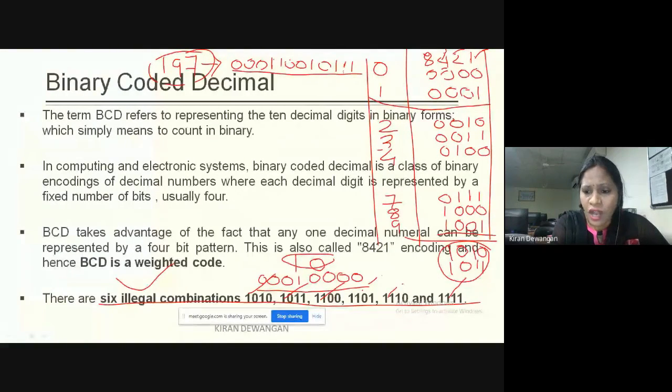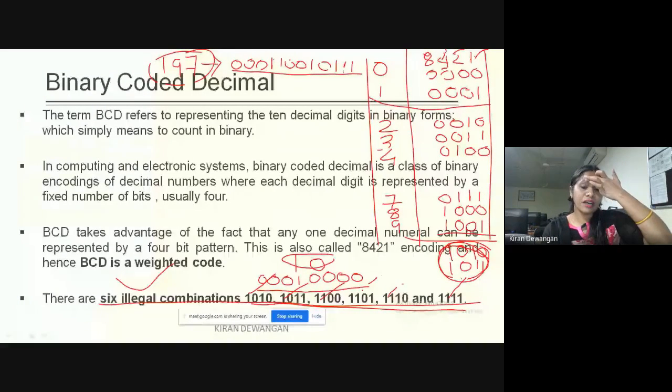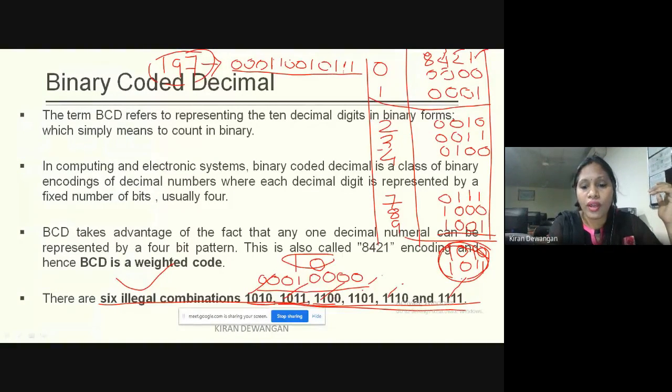अगर आपको ये combinations BCD में दिख रहा है, you can directly declare that it's an illegal combination and it doesn't exist in BCD. BCD में ये combinations exist नहीं करेंगे, never. Clear? These are 1 0 1 0, 1 0 1 1, 1 1 0 0, 1 1 0 1, 1 1 1 0 and all ones. Clear?